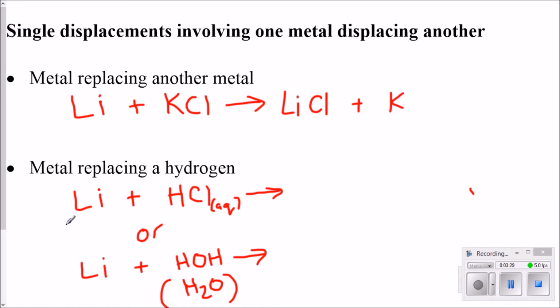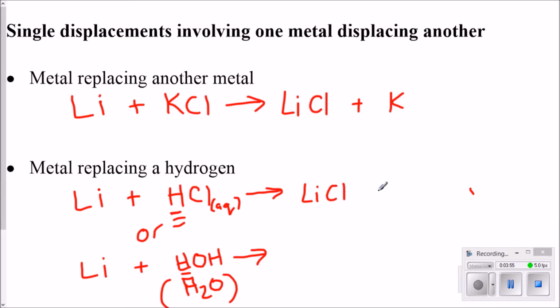Now, metals can also replace hydrogen because remember, hydrogen, even though it's a non-metal, can act as a metal. It can be replaced in an acid, like the first example, or in water. It's easier to replace an acid hydrogen than it is from water. The hydrogen from water, we'll explain in what scenario that happens. But if we take a look, we will replace that